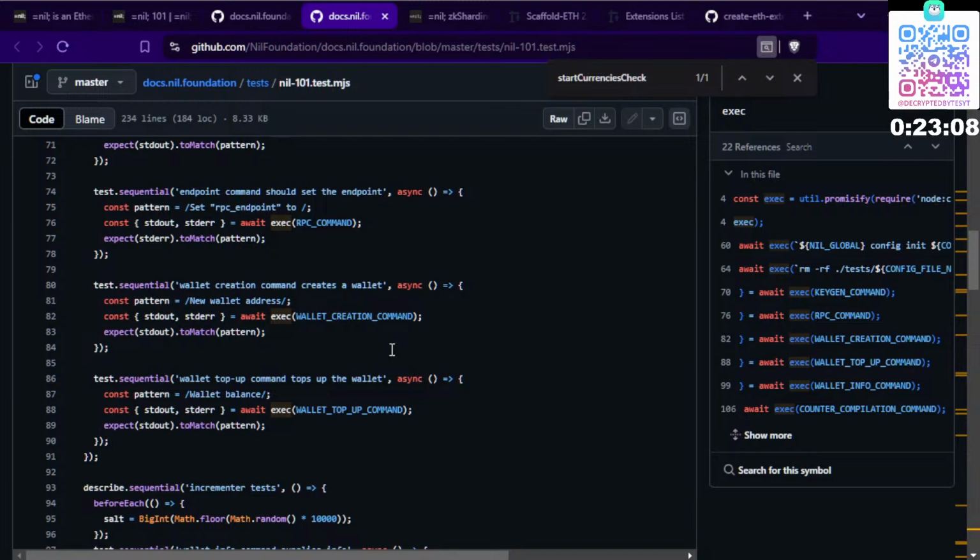Okay, I'll try to run it on my local and see how that works. But I know that there are some fixes needed there. So okay,